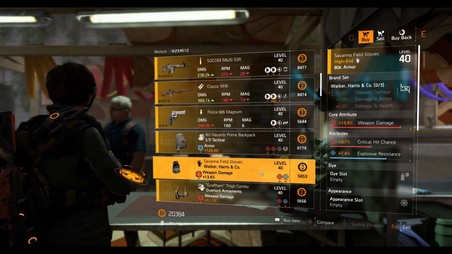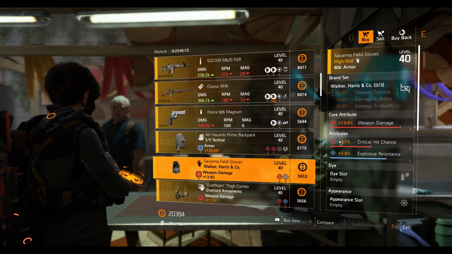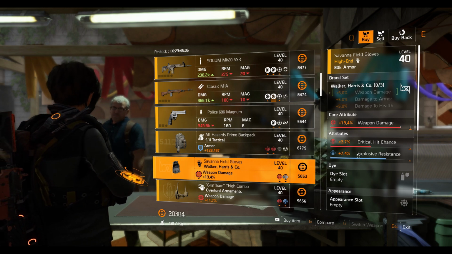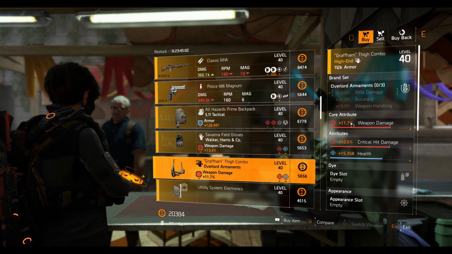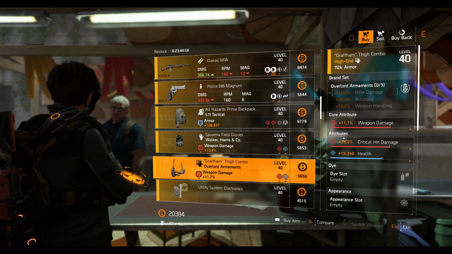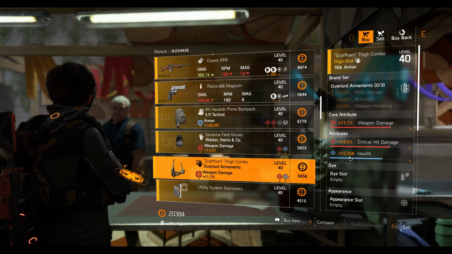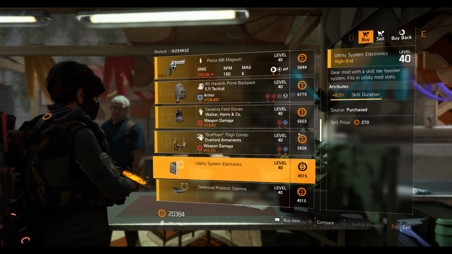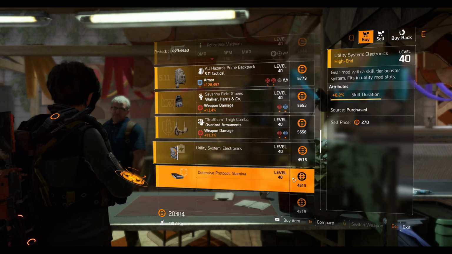A Walker Harris gloves with 13.4% 3.4 weapon damage, 3.7% crit chance, 7.4% explosive resistance, okay? So we have the Overlord Ornaments holster with 11.7% of weapon damage, 10.5% crit damage, and 15,358 health. Okay. Next, we have the Utility System mod, which is 8.2 skill duration, a Defensive Protocol Stamina mod,